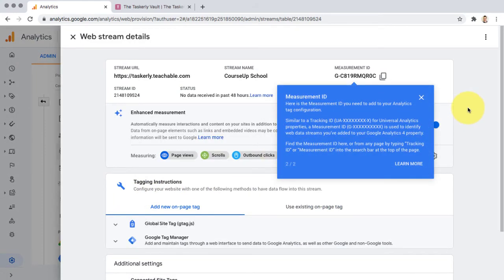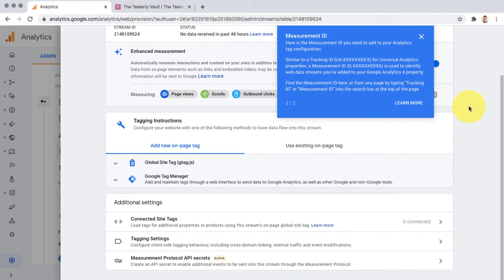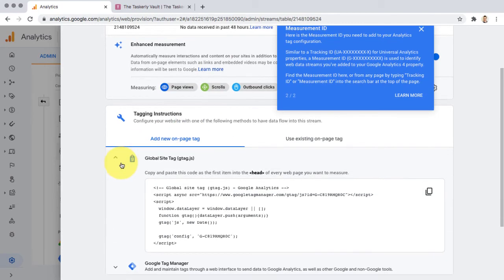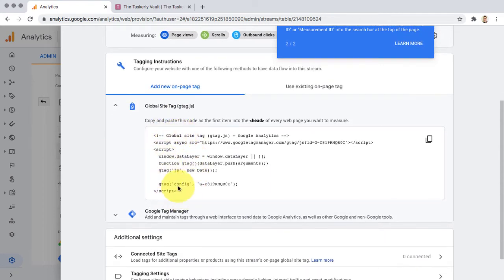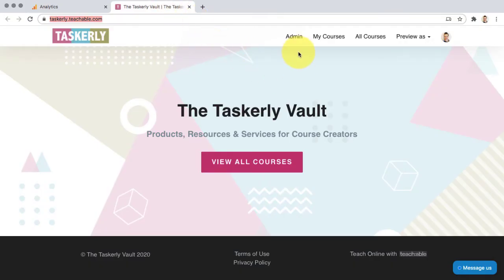And then you'll need to scroll down to this section here. Click Global Site Tag, and it will show you a snippet of code here. If we're setting up this integration for you, this is the code that you need to email to us. So you can click copy, that will be on your clipboard, and you can then paste that into an email. If you're installing this yourself, just grab that code, head over to your Teachable school, log in, and then go